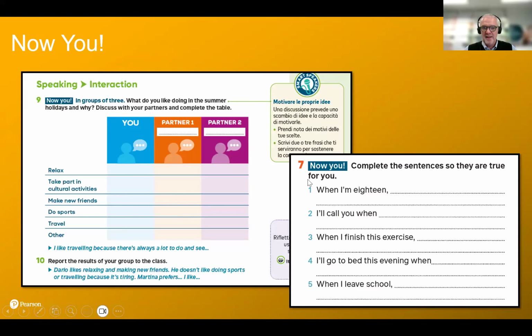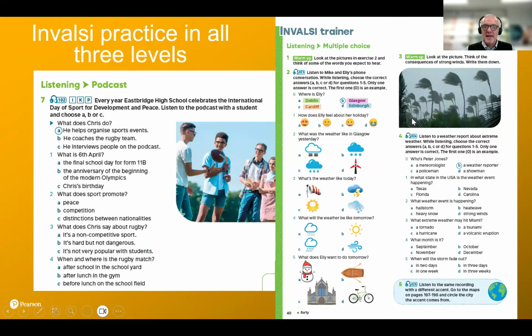So you imagine here it'd be when I'm 18, I will. Here we're in level 3: I'll call you when I finish this exercise, or I'll go to bed this evening when I've stopped looking at my mobile phone, or when my mum tells me, go to bed, okay?